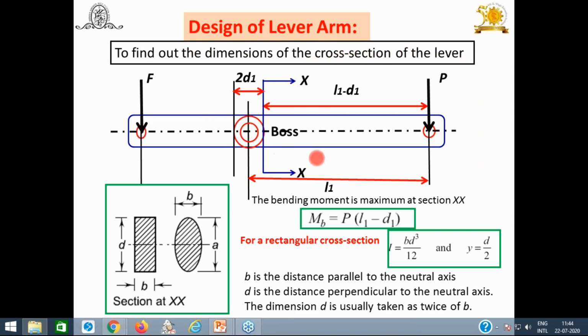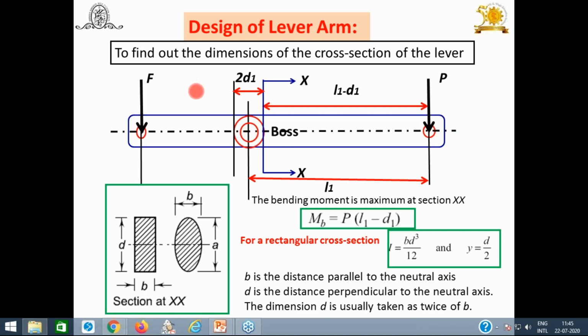And how to find it? Look at this. We again consider the class 1 or type 1 lever. This is the effort P, force F. Then here this is the Bosch, and here the pin which is inserted, where this lever is going to rotate. And look at this important thing: from this pivot up to P, what is this? L1, the effort arm. Then from F to this pivot, you will get L2 on this side. Here the pin diameter is D1, and the outer one is known as the Bosch. It is 2D1, which means half part, the radius side, half, so you will get D1 here.